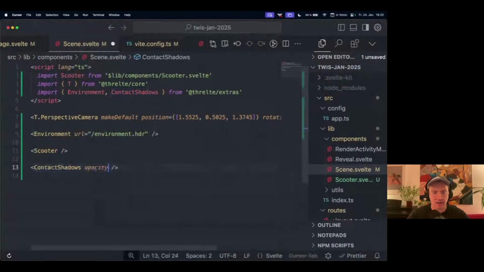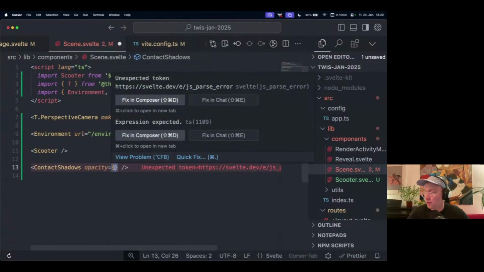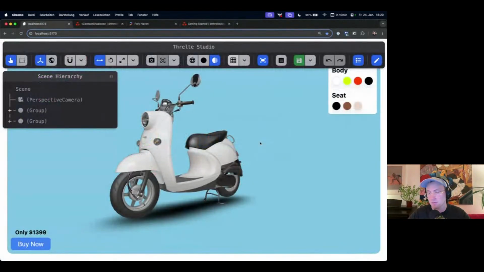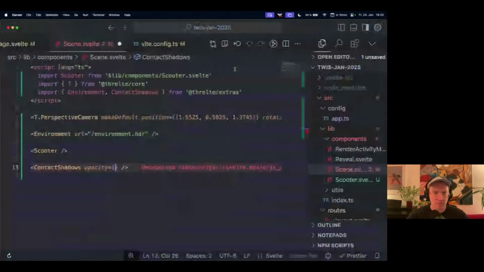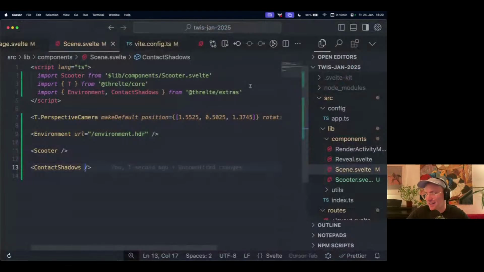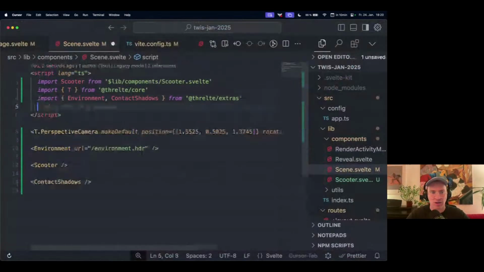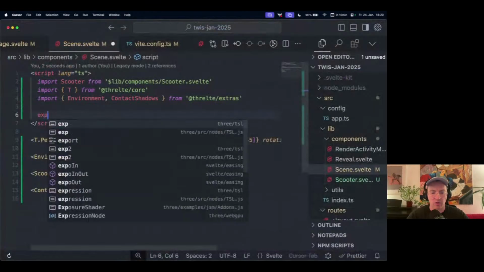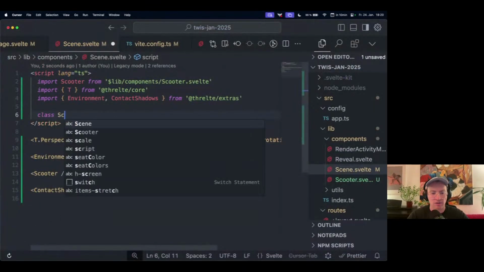Really easy. I think that's very much suitable for product configurators. All right, but this one has an opacity property, and I'd like to somehow be able to control that as well and configure that in the UI. How do I do that? I could add a whole new extension that is visible in this toolbar up here, but that's way too complicated for this particular case. If you're doing really complicated stuff, it would make sense, but in this case, no. In this case, we're going to facilitate static states. And what that means is I'm going to create a class scene config